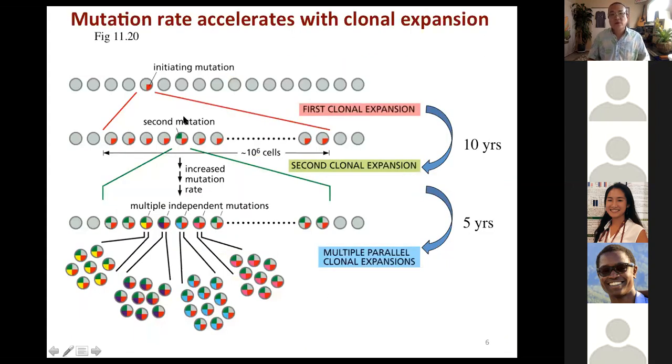Okay. So this cartoon reemphasizes that. If you have a whole bunch of normal differentiated cells on the top here in a tissue in gray, and one of them gets the hit, so an initiating mutation, right? Maybe, for example, KRAS gets hit.